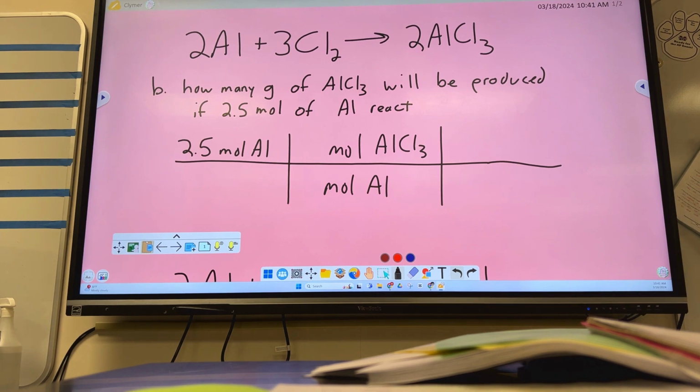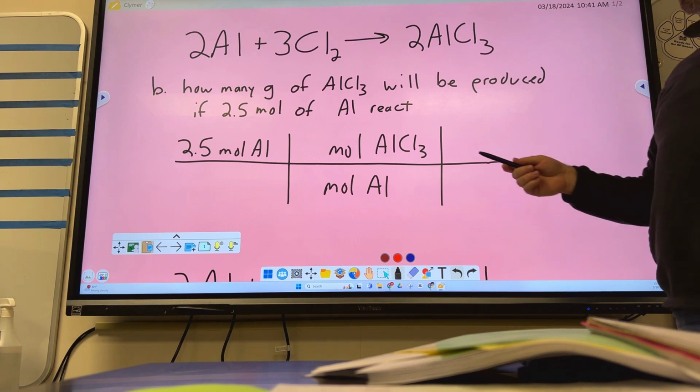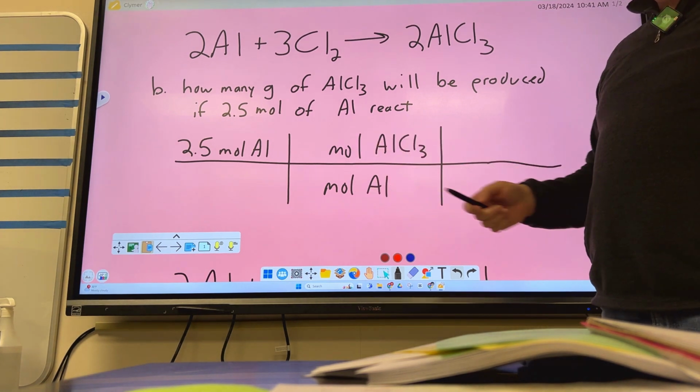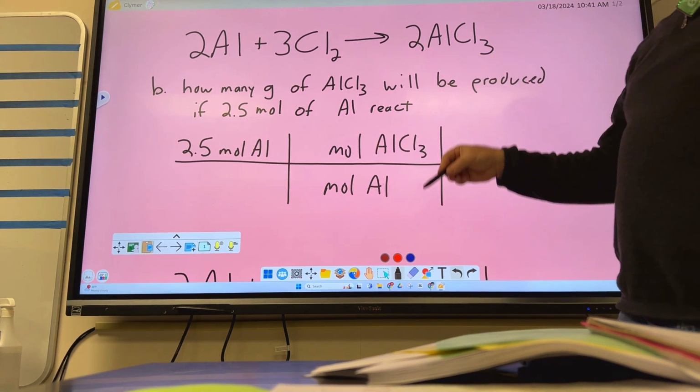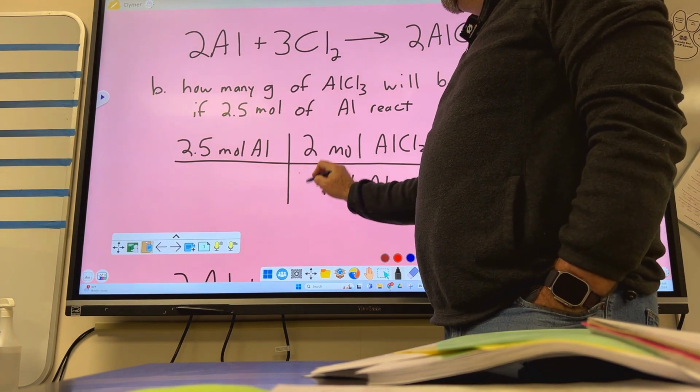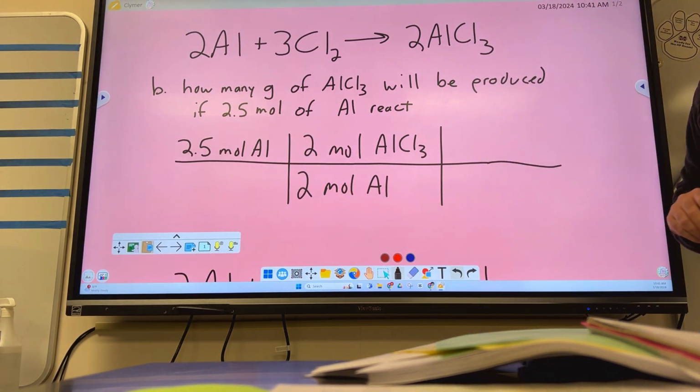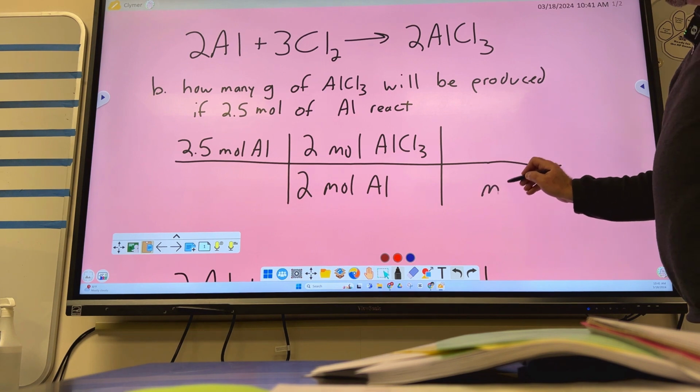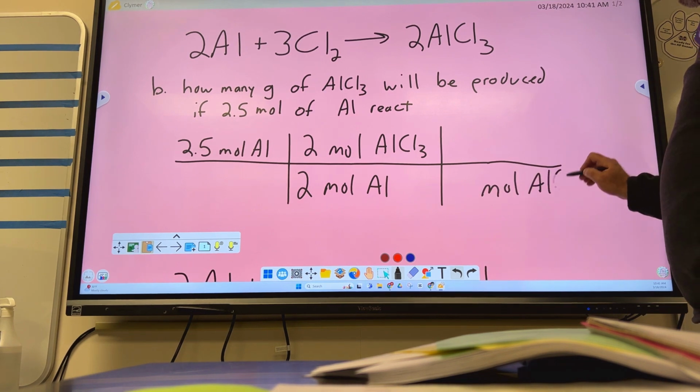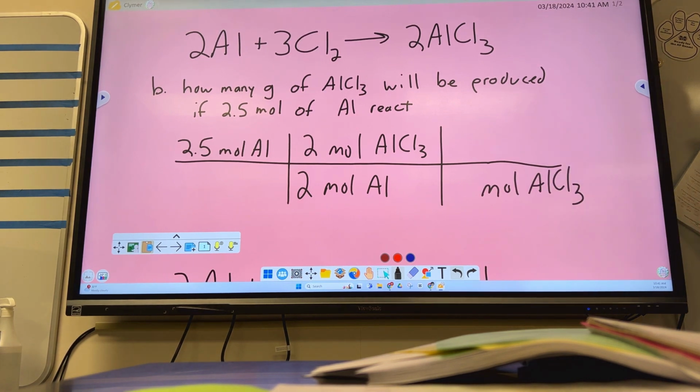Now that we have these units, we can look at our mole ratio and fill in these numbers, right? So 2 to 2. Can we just put 1 to 1, or do you want to? No, I would put 2 to 2. I would not skip that step. I would not reduce this ratio. And your calculator is going to figure it out eventually anyway, so just let your calculator do the work. So now what do we copy down? Mole AlCl3. And then now,